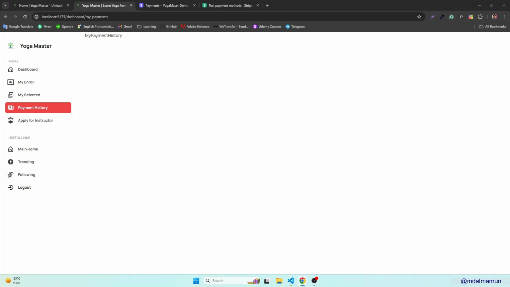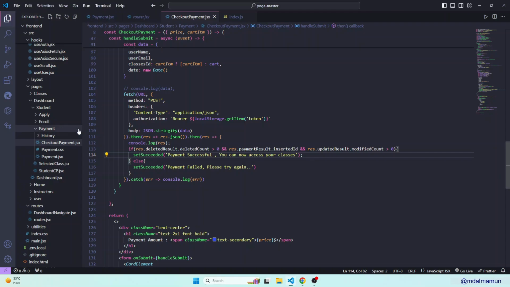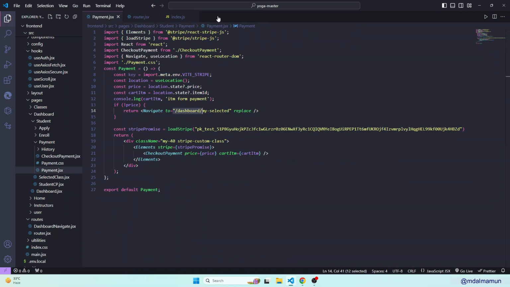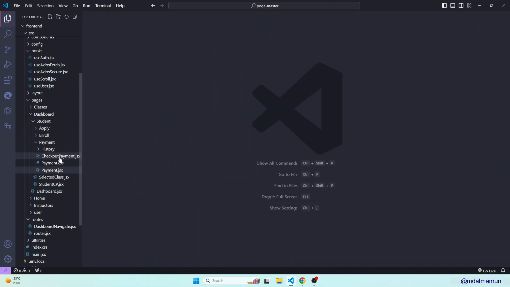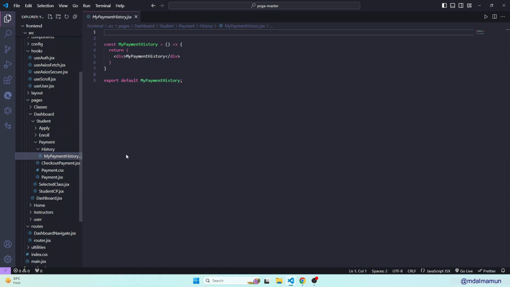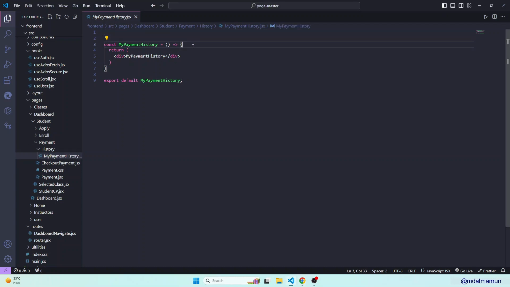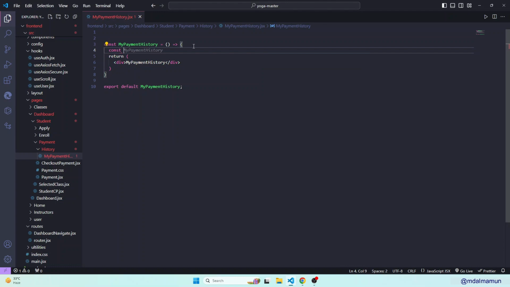So for this, we have to design this page. Let me close this one, and we have already created all of the stuff. So that's why we directly go to my payment history and we will design this page. Okay, so to do this, at first here we'll need some hook. So that would be at first